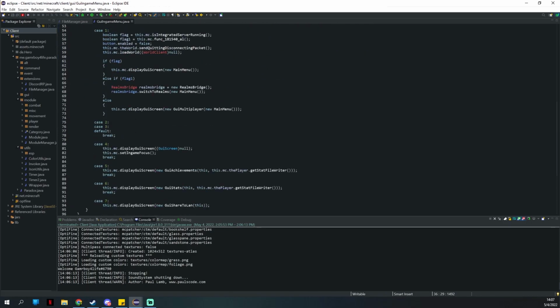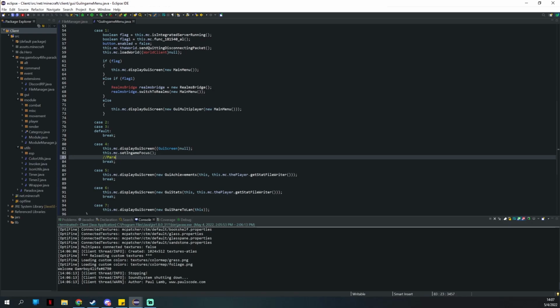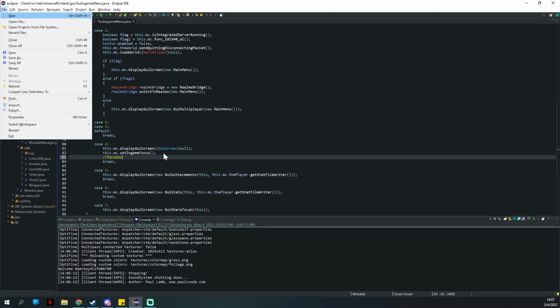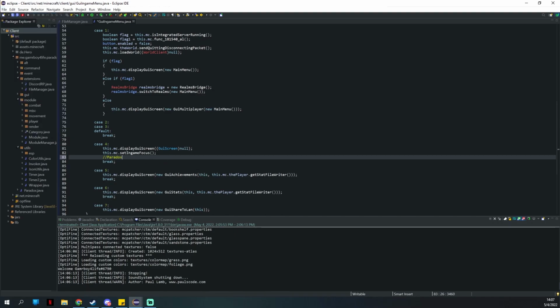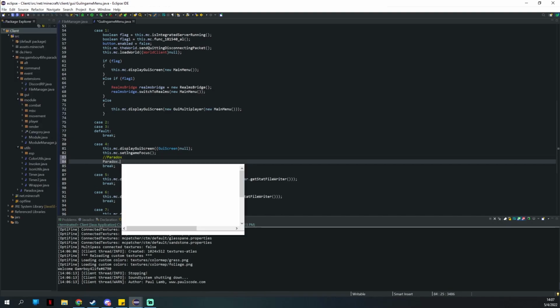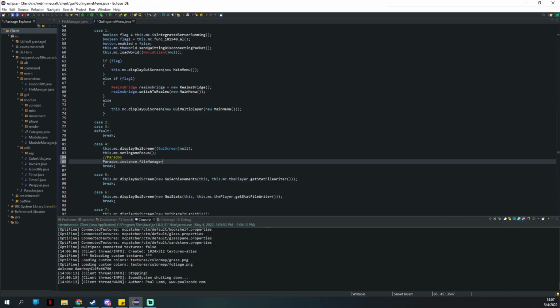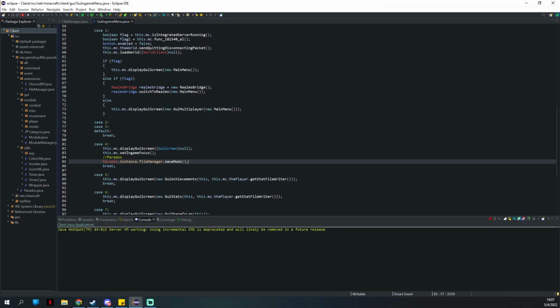We're gonna scroll down. So whenever that button is clicked, what this already does, it will take you to the main menu. And we already set what our main menu is. So, but actually, we're gonna add something to this. So now every time that button is clicked, it will do paradox.instance.filemanager.saveMods, as well as exit to the main menu. So now if we launch our client,